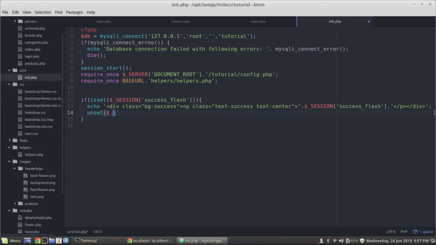So we're going to say unset $_SESSION success_flash, because if they navigate to a different page or reload the page, we want that to not show up every time. So this is only going to show up one time, and then it's going to unset that session. So let's go ahead and copy this whole deal here,